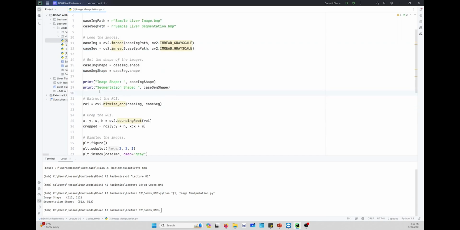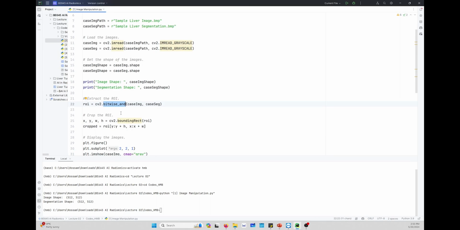The next step, we need to apply masking between the image and the segmented part to extract the ROI. This can be done using the bitwise AND between the image and the corresponding mask. The reason of using bitwise AND here is that for the segmentation, as you saw in the figure, there was some regions with white and some regions with black. So if anything multiplied by 0 will be 0, and if anything multiplied by 1 will be similar. So the usage of bitwise AND here is based on hide all regions with black mask and keep the different